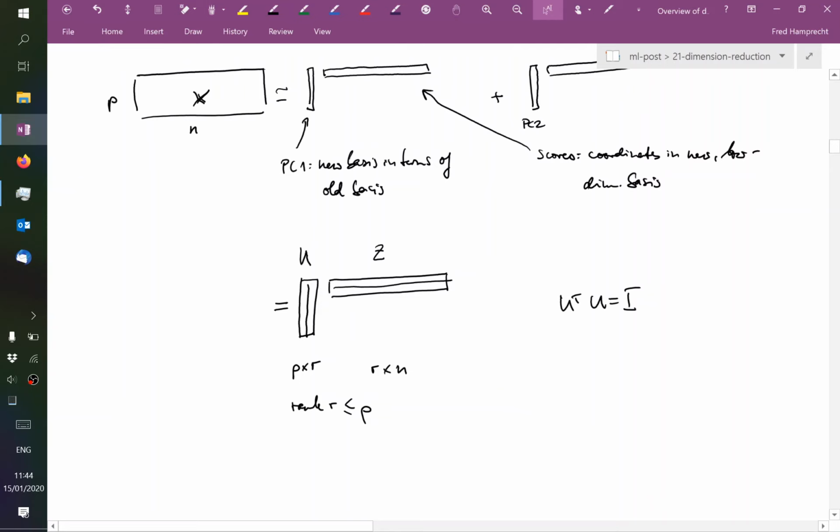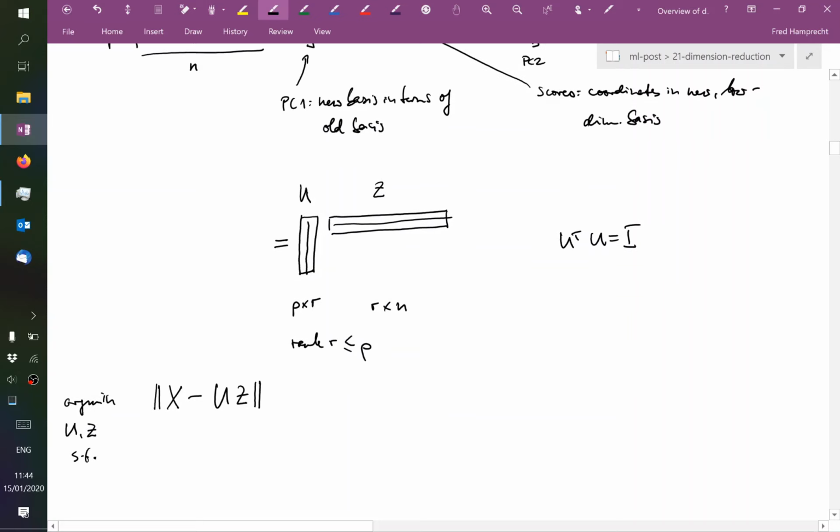And the problem that we were optimizing when we were solving PCA was to say that we want to approximate our matrix X by U times Z. And we were looking for both our new basis and for the coordinates in the basis such that the product of U and Z